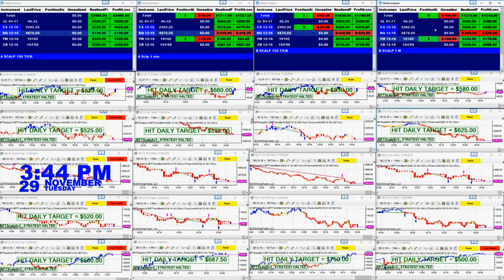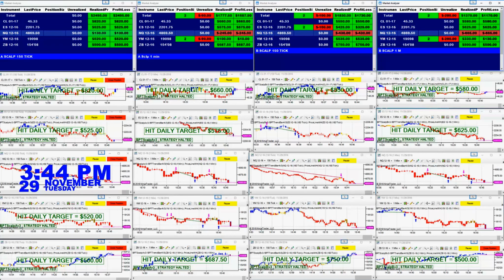And then here's the puzzle: the NASDAQ, without a doubt, today went south from the 1 minute to the 150 to the CL to the A scalper 1 minute, and the A scalper 150 ticks really didn't do that much